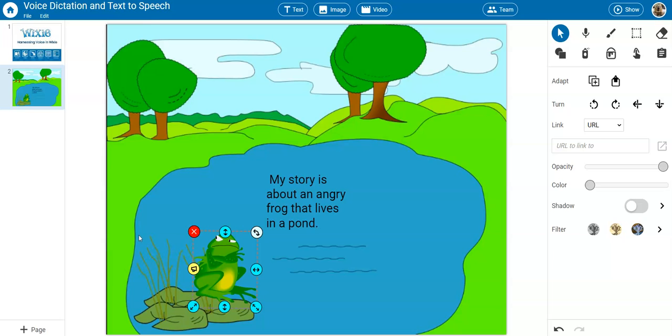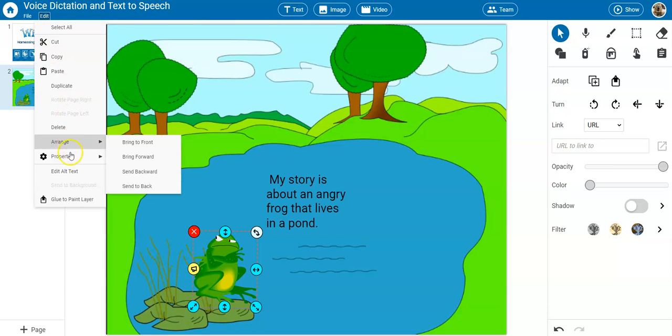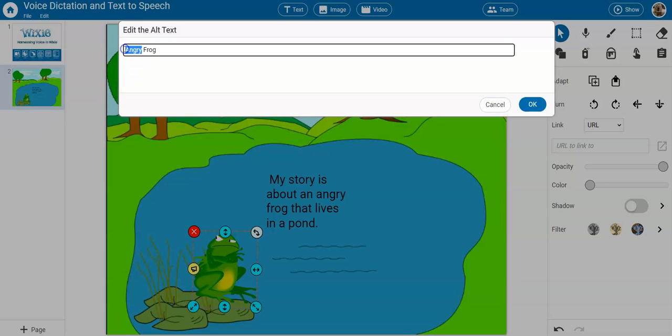support specific curriculum goals. For example, if I was teaching about colors, I might want to change the name of this image from angry frog to green frog. To do this, I would go to the Edit menu and choose Edit Alt Text, modify my text,